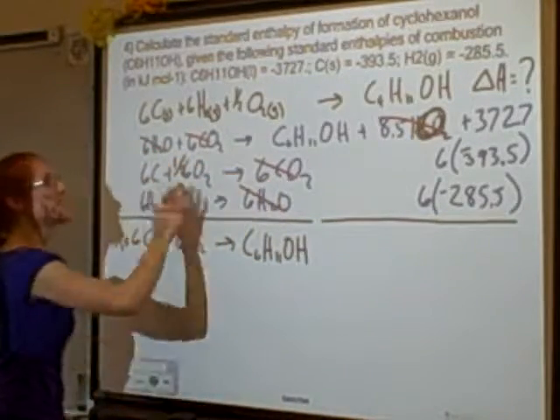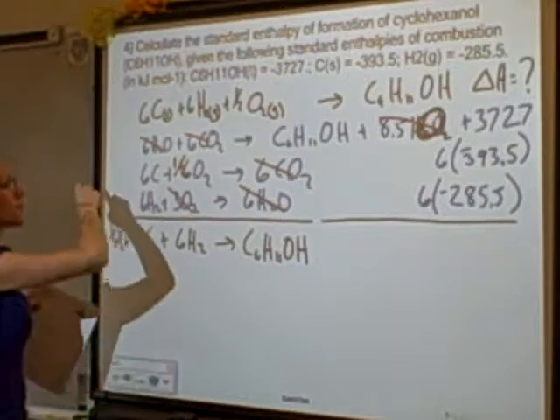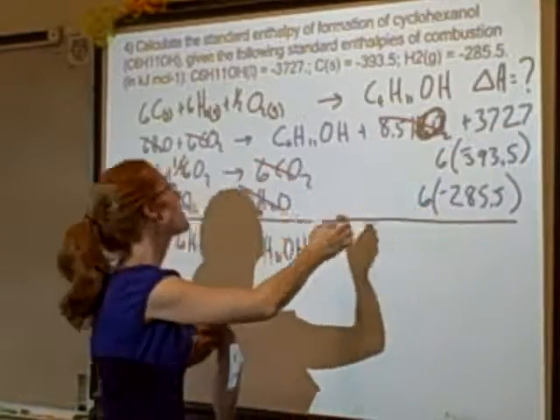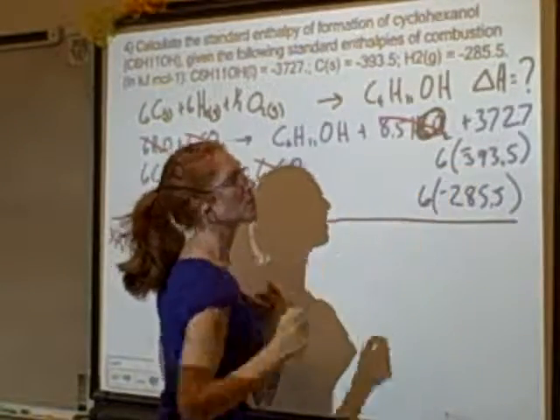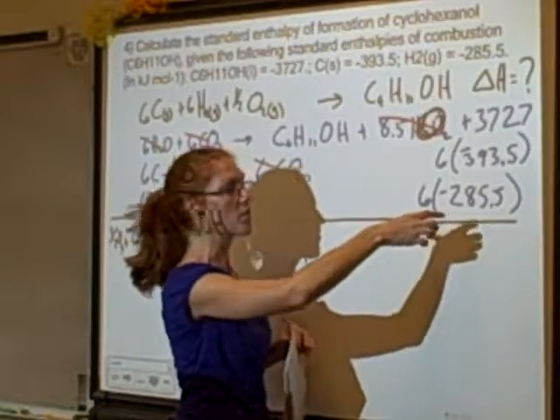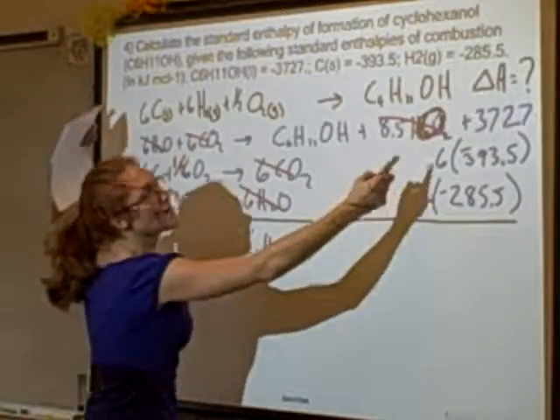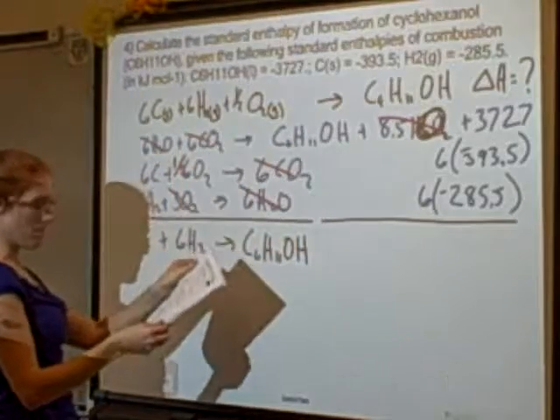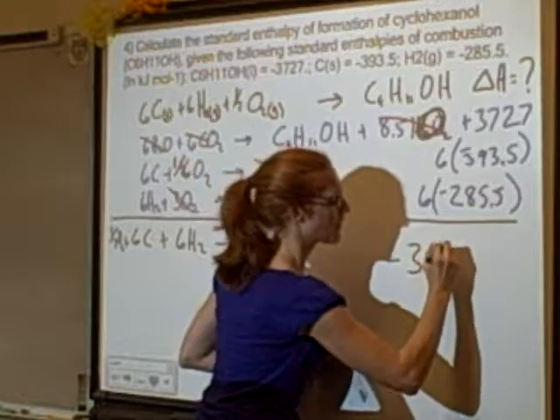Okay, since these steps react to give me the overall reaction, I can say during the first step, I absorbed 3,727 kilojoules. And then during the second step, I gave off 6 times this 393.5 kilojoules. And during the third step, I gave off 6 times this 285.5 kilojoules. And overall, since these 3 steps add up to the goal, then these 3 changes of enthalpies will add up to the change of enthalpy of the goal. And that's how you'll get, you do it, negative 347